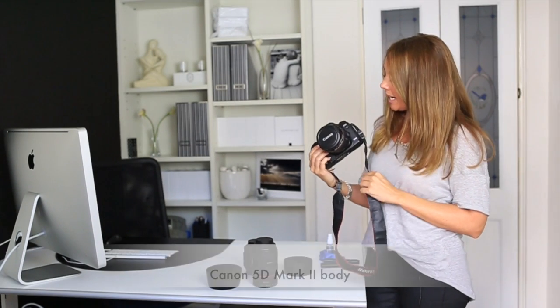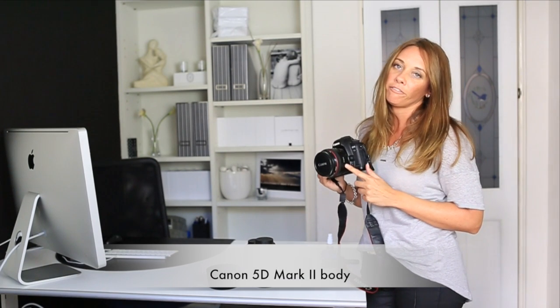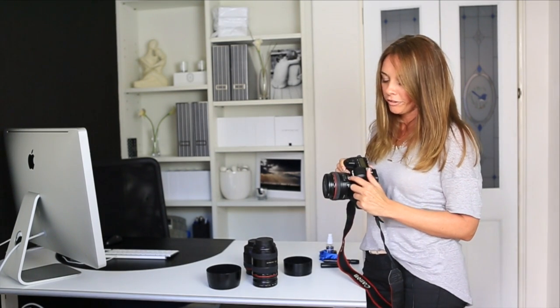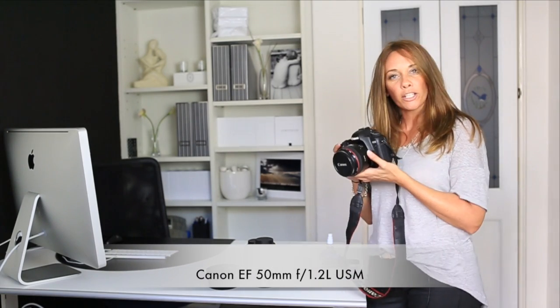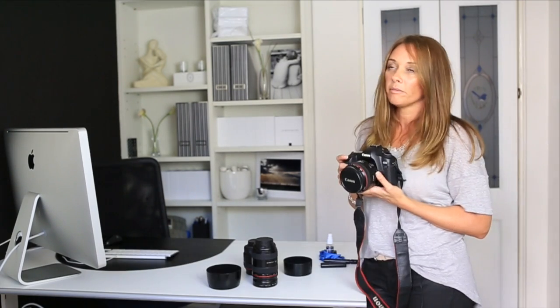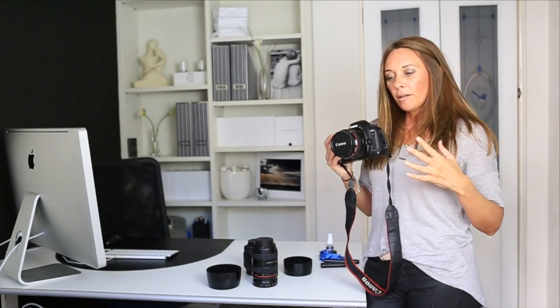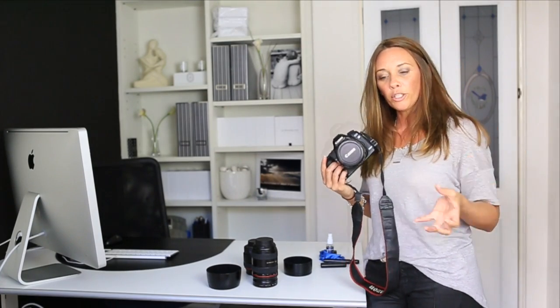My camera is a Canon 5D Mark II, and on this camera is a 50mm prime lens. Now this is my go-to lens. I use it 95% of the time taking photos of children. I find that it's a really great lens because it can give you nice blur and you can be quite